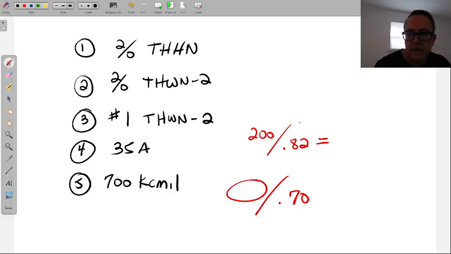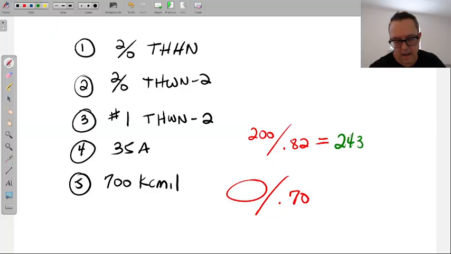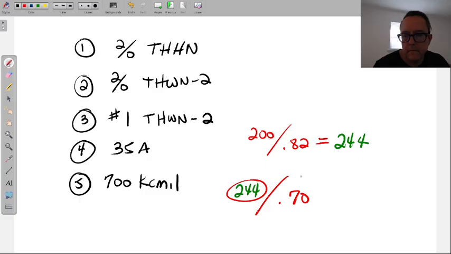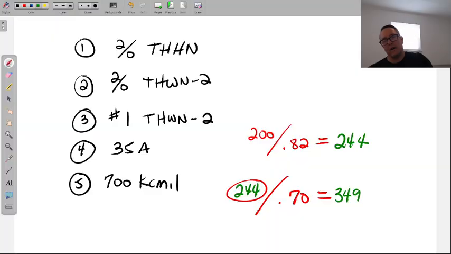So here would be my approach. Hit the 200 with 0.82. 243.9, yeah, very good. 243. I mean, we can call it 244, really. Not that close. And then one more time. 348.57. We can almost call that 350. Annoying. 349. And now we have our wire size because 2 abnormal conditions, not just temperature.